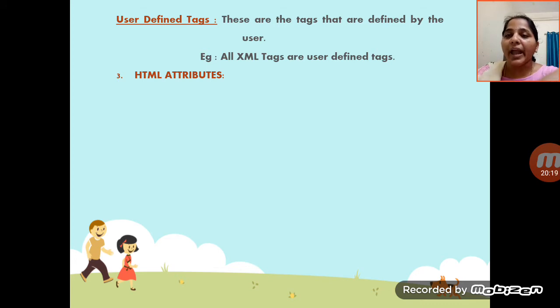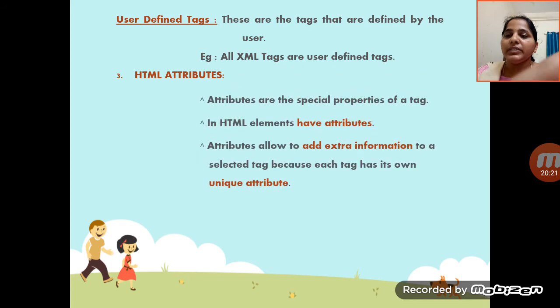After that, HTML attributes. I have discussed these things. Attributes are the special properties of a tag.